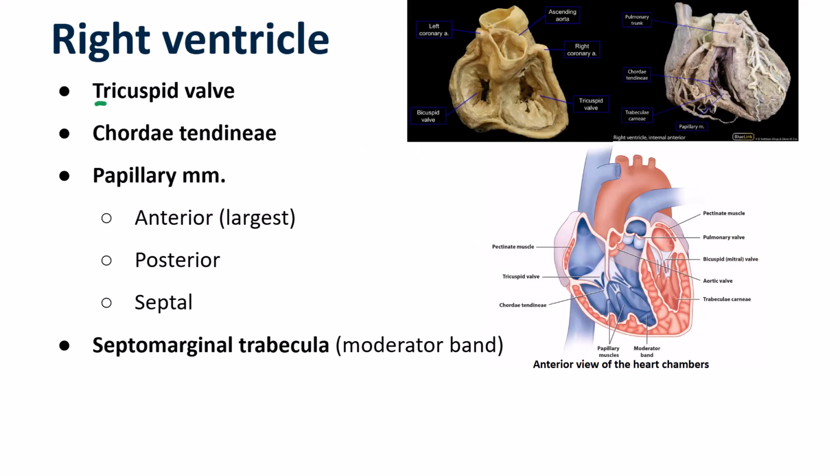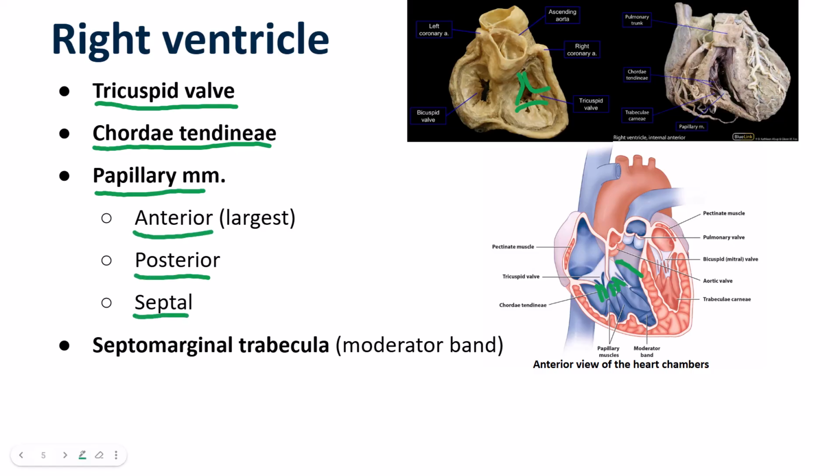The tricuspid valve is named that way because it has three cusps to it. There's an anterior, a posterior, and a septal cusp. And each of those cusps are anchored via chordae tendineae, tendinous cords, which we can see here, to extensions of myocardium called papillary muscles. And just like there were anterior, posterior, and septal cusps, there are anterior, posterior, and septal papillary muscles. And the anterior tends to be the largest, as we can see